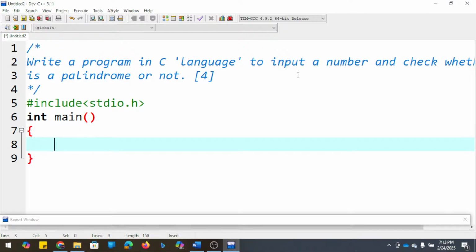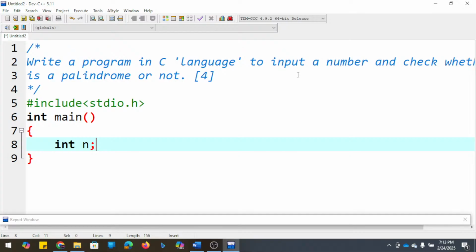Let's give a number here. We are asked to find whether it is a palindrome or not. Palindrome means the same number from both sides. First, what we have to do is reverse it, and compare that with the original number.